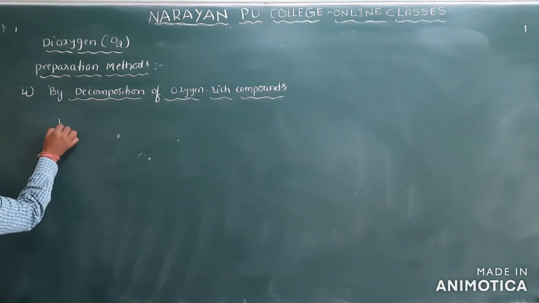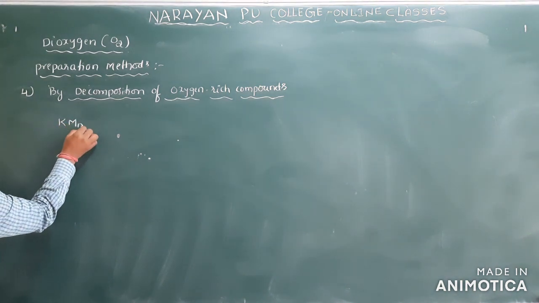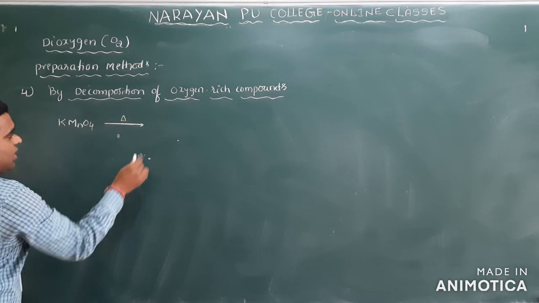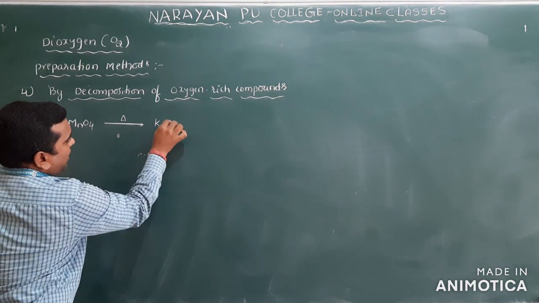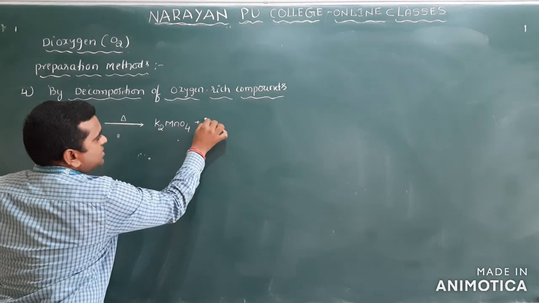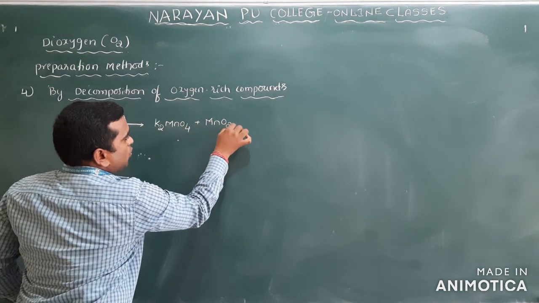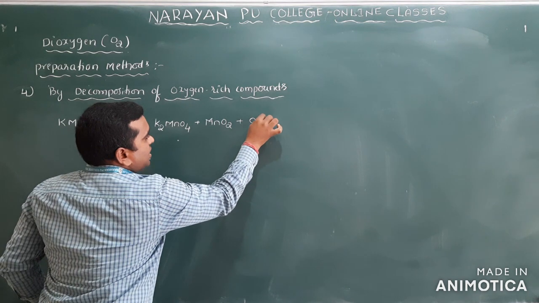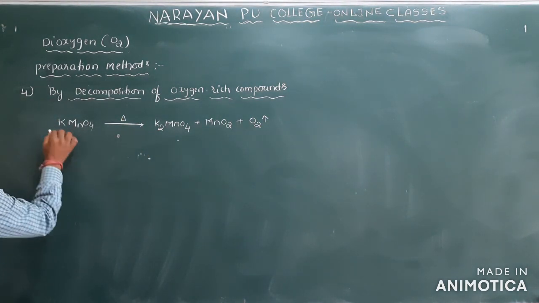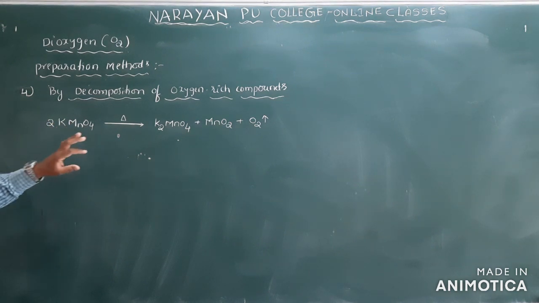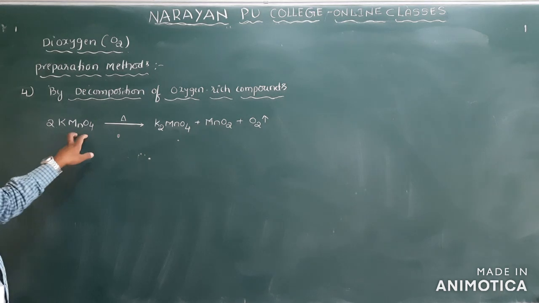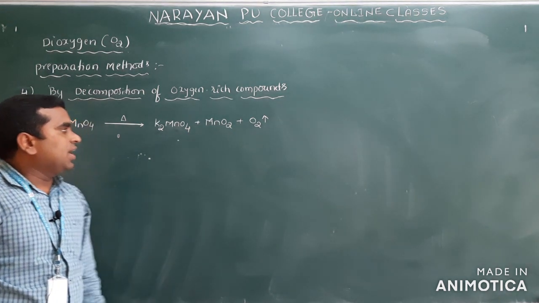Take here KMnO4. What is KMnO4? Potassium permanganate, and heat this, you will get potassium manganate, K2MnO4. Along with this, you will get MnO2 and oxygen. Clear? And take 2 moles of potassium permanganate here, then automatically everything will be balanced. Here Mn 2 are there, and here Mn 2, and 8 oxygens, and here 4 and 4, 8 oxygen.